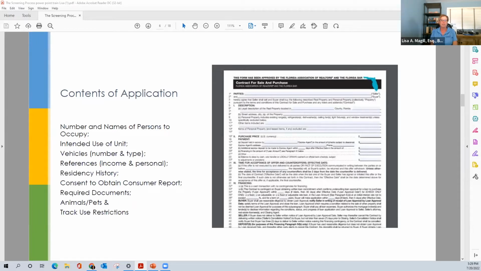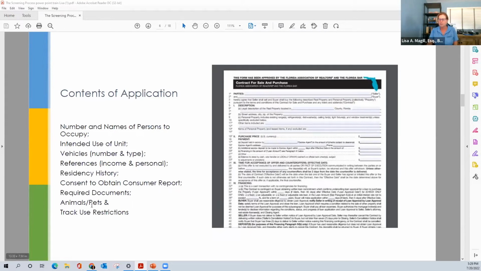I can't tell you how many times, it's John and Mary Bongiorno, I'm looking at one of the names here, that are the applicants, and then you look at the sales contract and it says BFD LLC. Well, who are you screening? Who's going to be the owner? You want to know exactly who's going to be the owner. And in the event there's going to be a corporate owner, you're going to want to know who are the actual occupants, who's going to bear responsibility.